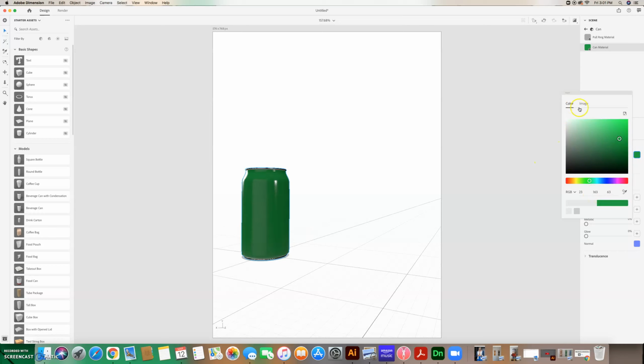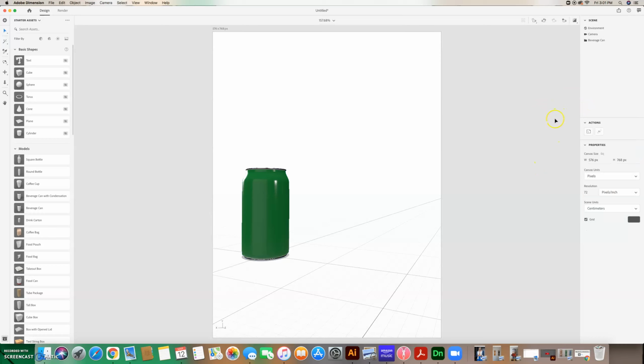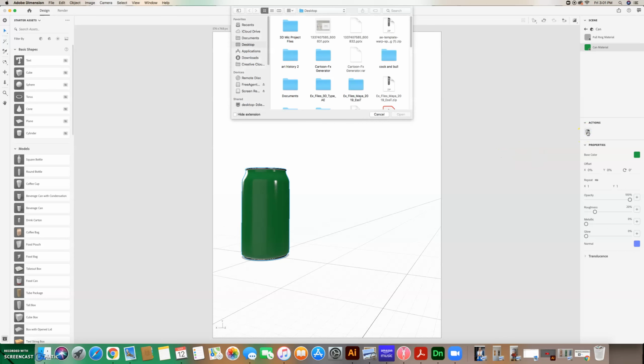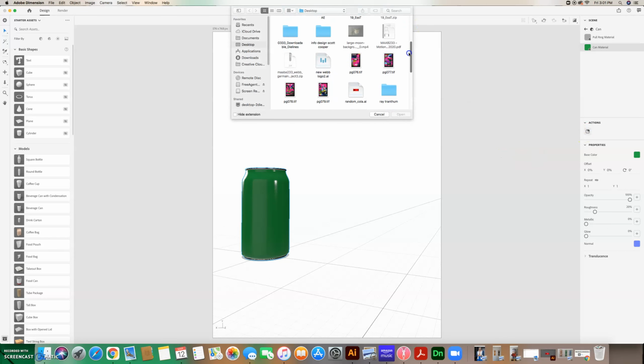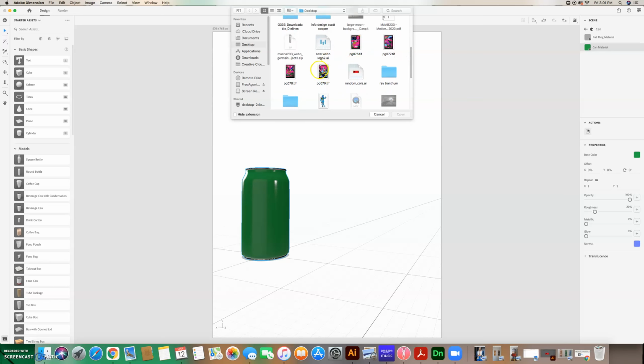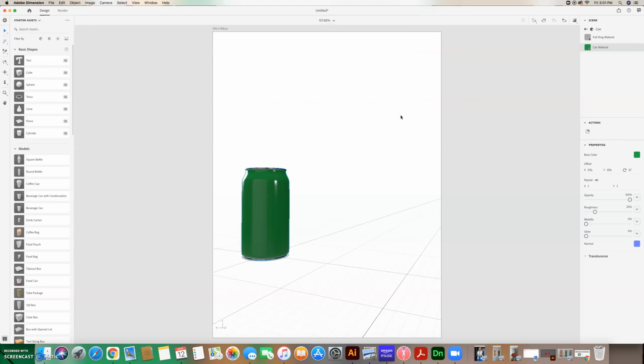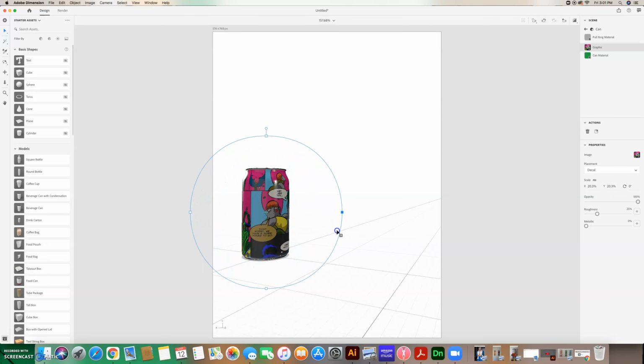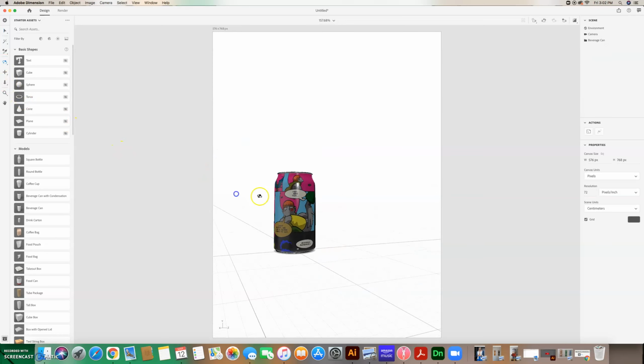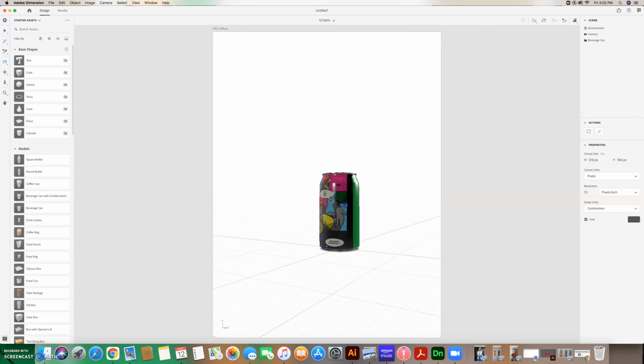And if you want to add art to it, you're just going to double click. And where it says actions, say I wanted to take my comic book art and put it on the can, right? All you have to do is grab that so you can constrain the proportions, and then once it's done, you should be able to scroll around the can, and now